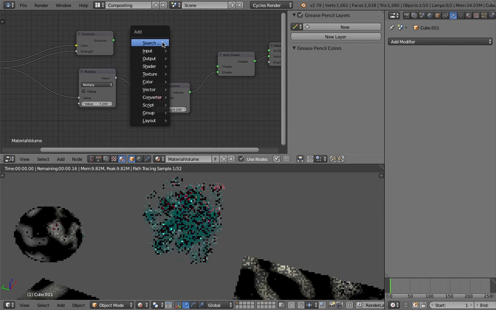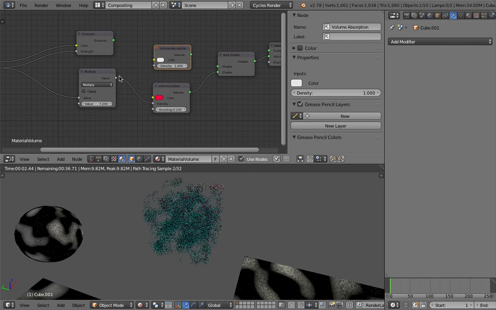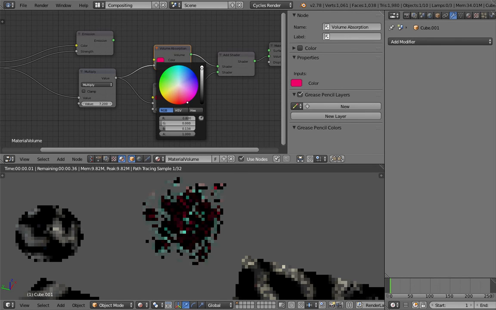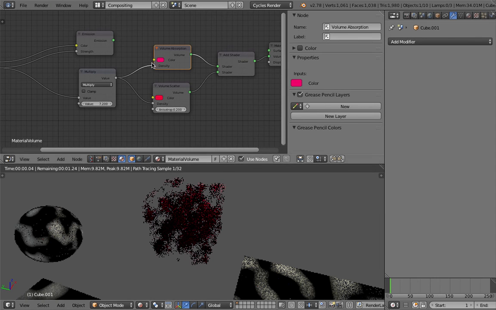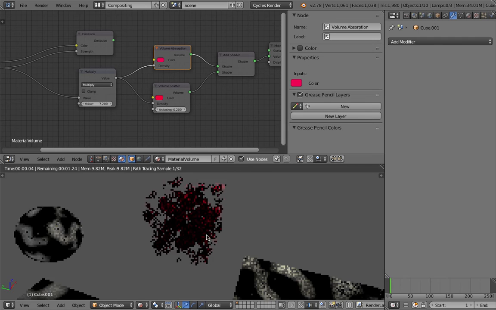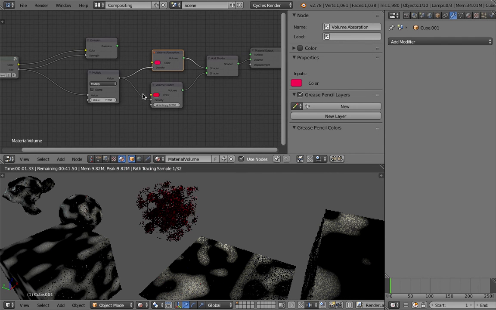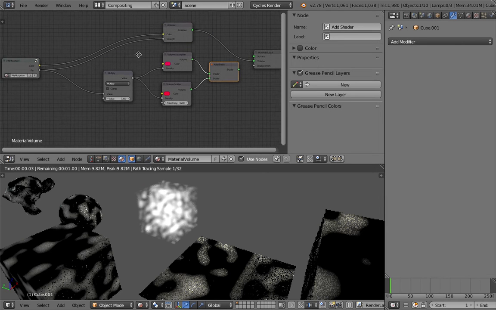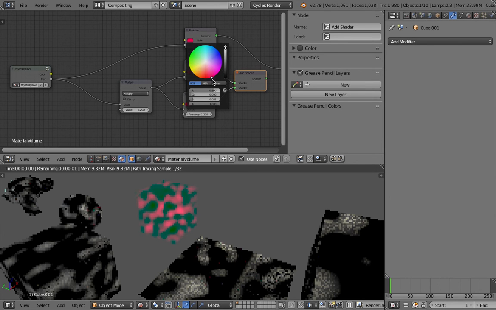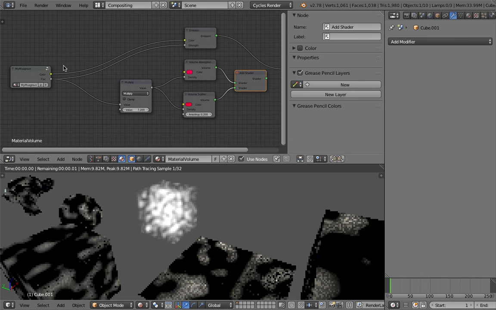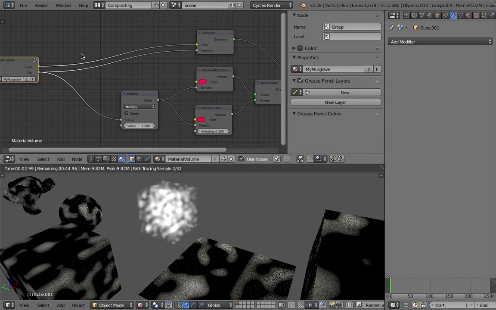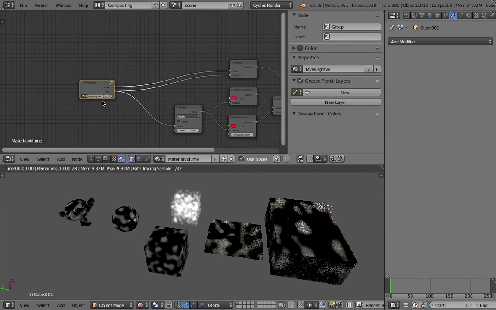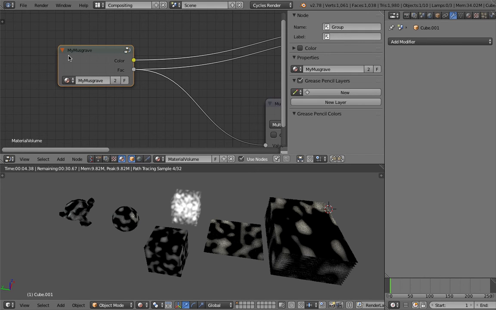Because I'm using two volume scatter. Volume absorption. Now it's more proper, I guess. Both of them have red. So it needs both. That's why I rather use emission as a closure for volume. It's much simpler to work with, although the color comes from the Massgrave in this case. It's okay, just leave it black and white for now. We don't care too much about that. But what I want to show you is that this My Massgrave node is actually live, and then